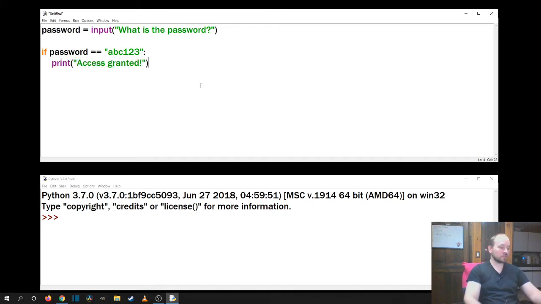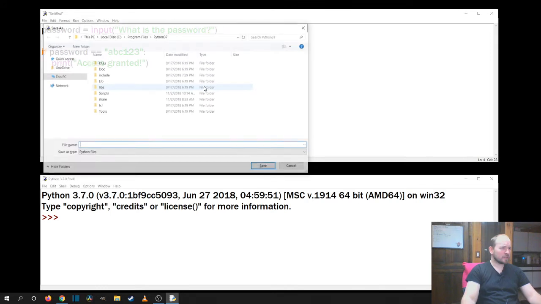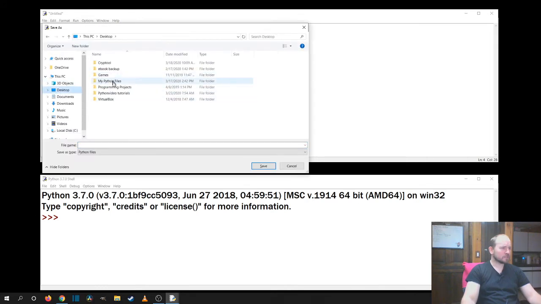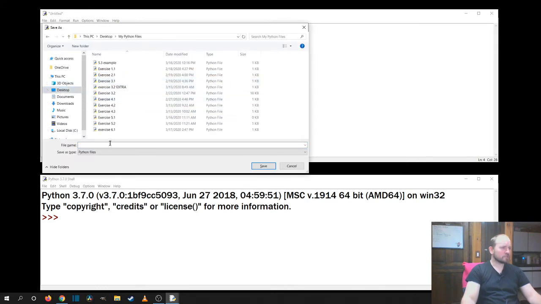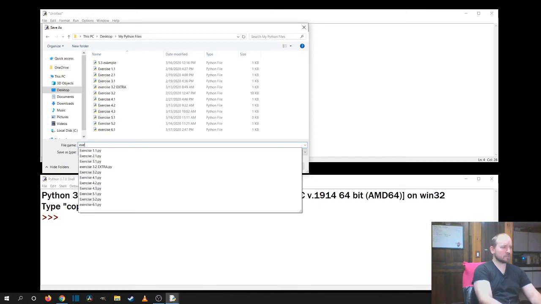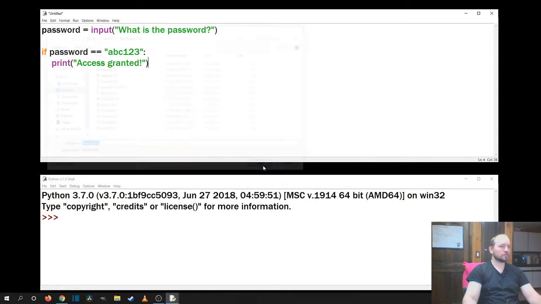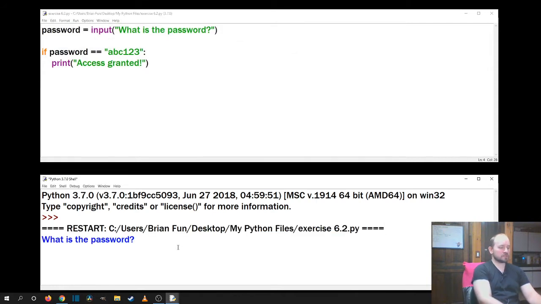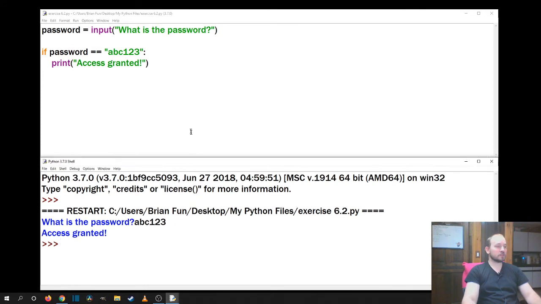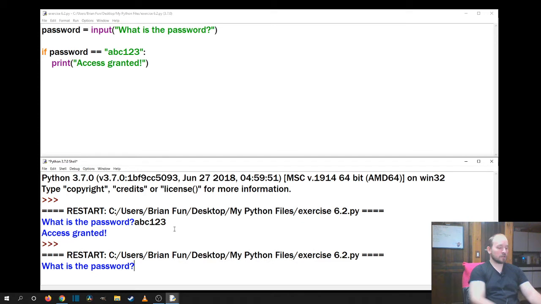All right, so we'll run this really quick just to get an example. I have to save it. We'll save it into my Python files, exercise 6.2. Save. All right, what is the password? If I type in the correct thing, we get access granted. However, if I go back to this and I run it again, and I don't type in the right password,